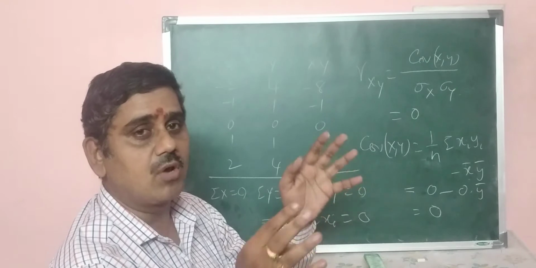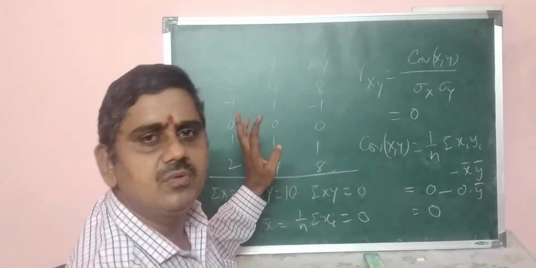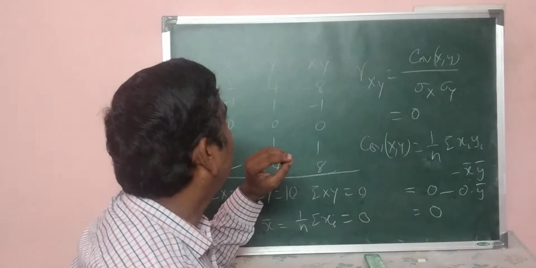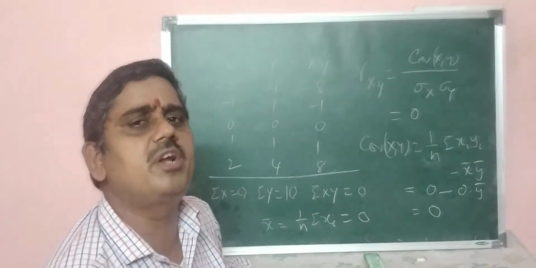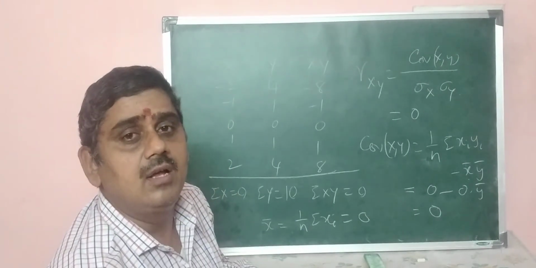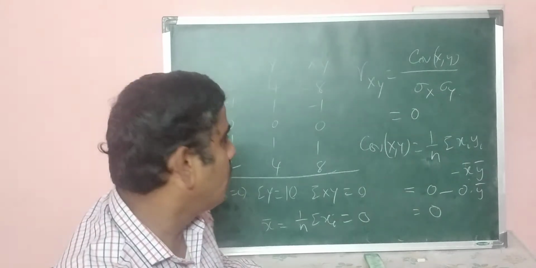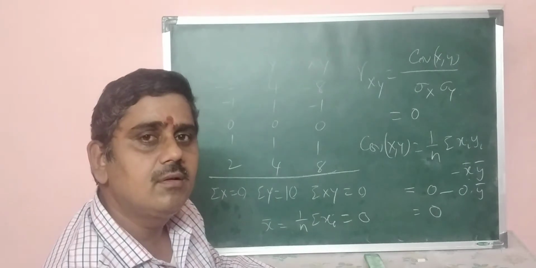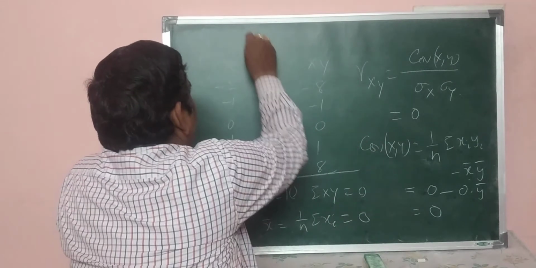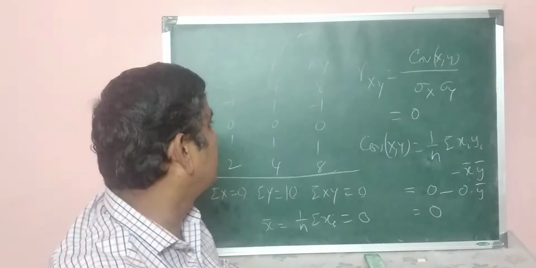Which are two uncorrelated variables? There is no correlation between these two. R is equal to 0. Fine. Now you consider whether there is any particular relation. We have to show they are not independent, which means some dependency between x and y. X should depend on y or y should depend on x. So, any relation have you observed here? Quite obviously, I have specified that I am taking square, which means the random variable y is equal to x square.